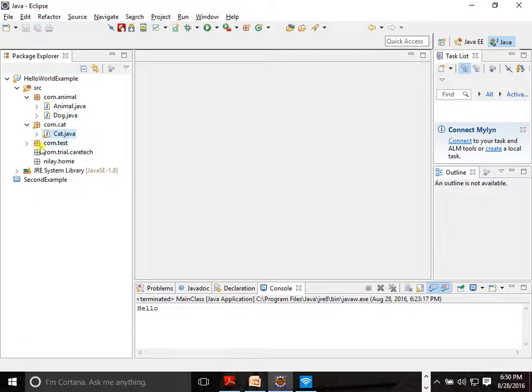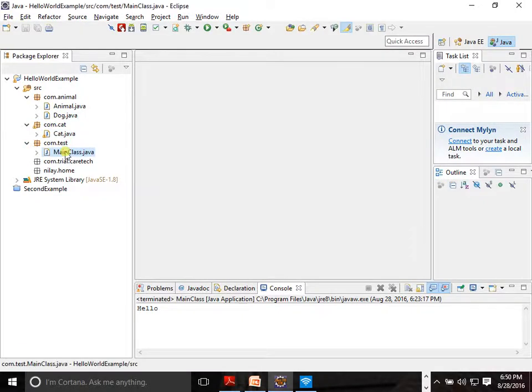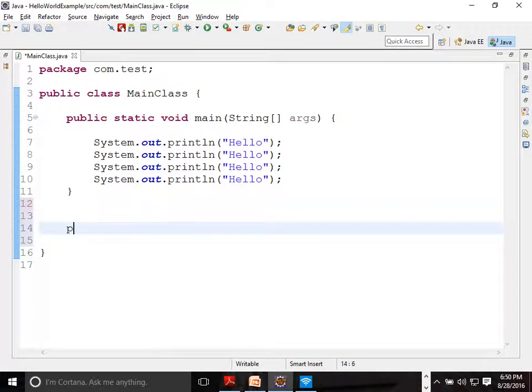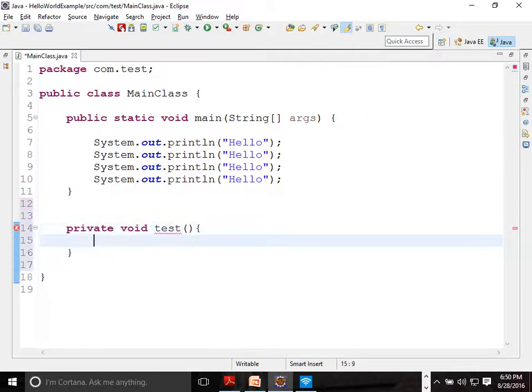Okay. Now let's try to go to this class, and I want to write one method, something like private void test. What is my method name? Test is my method name. Okay.